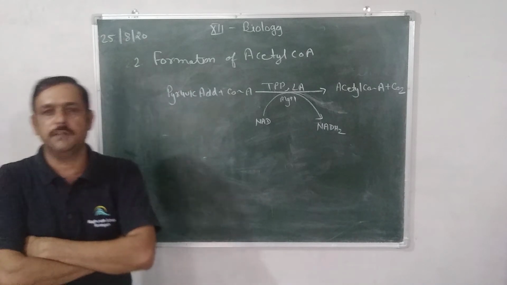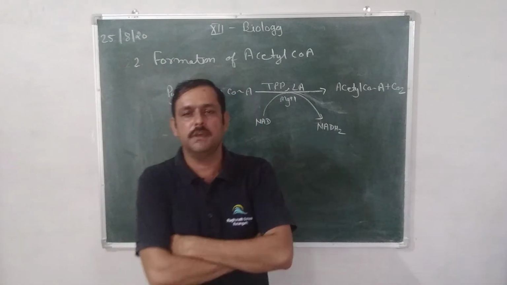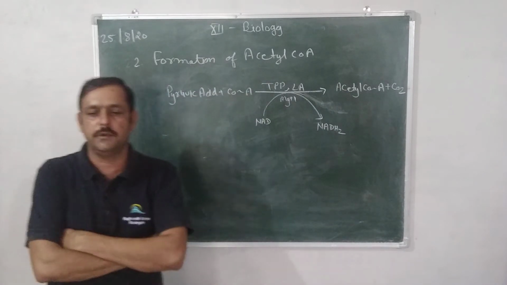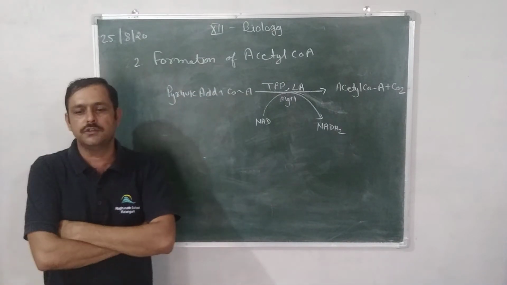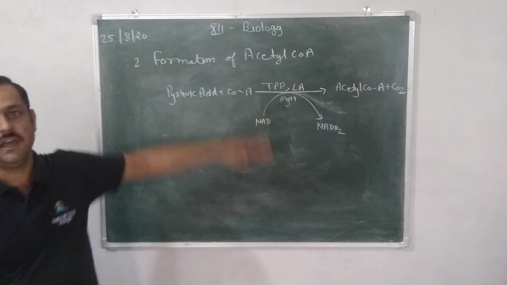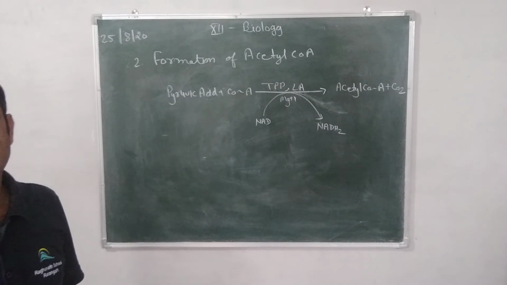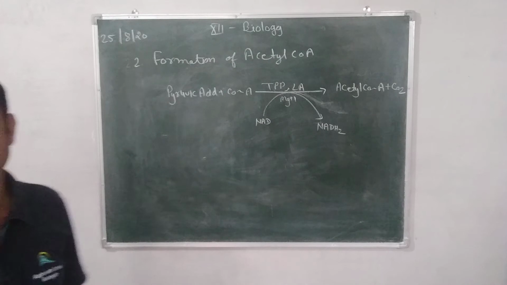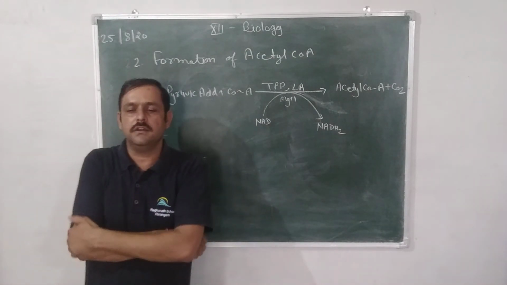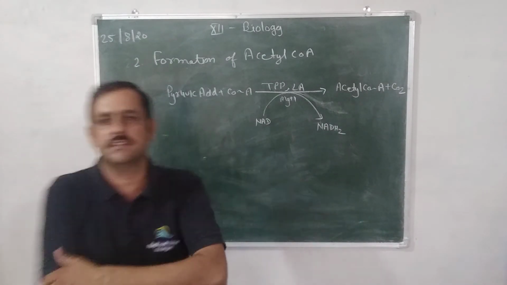Pyruvic acid is the end product of the EMP pathway, or we can say glycolysis. On the basis of availability and non-availability of oxygen, pyruvic acid can be further metabolized through different routes. But here, it is in the presence of oxygen, so we are studying the aerobic respiration mechanism. The second phase of respiration starts when pyruvic